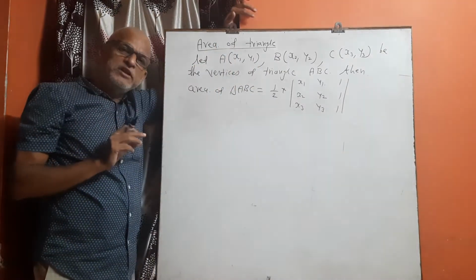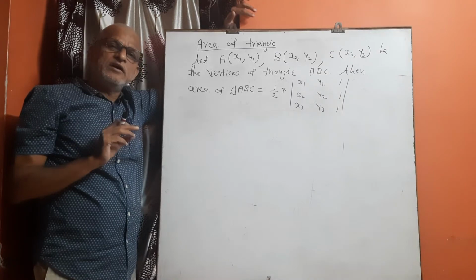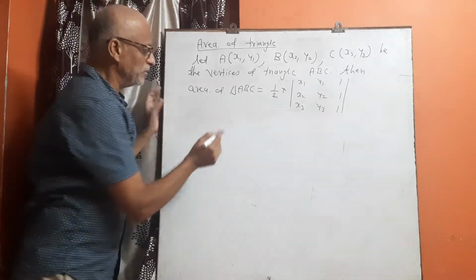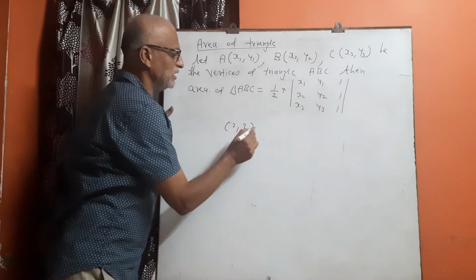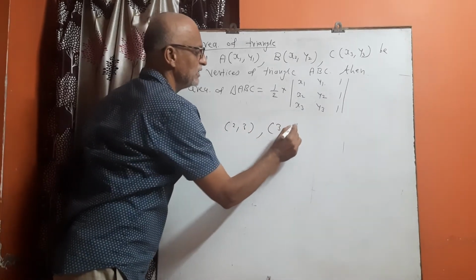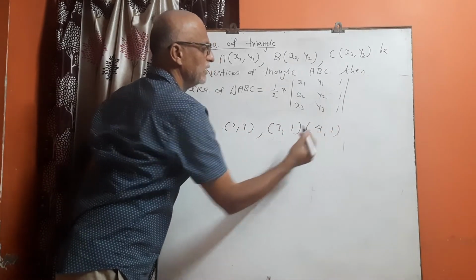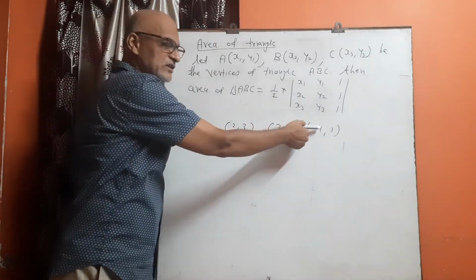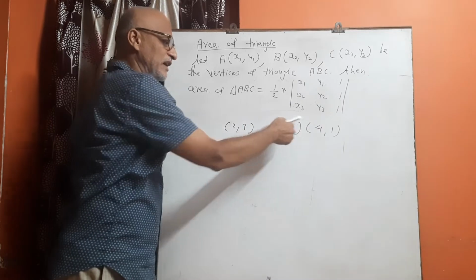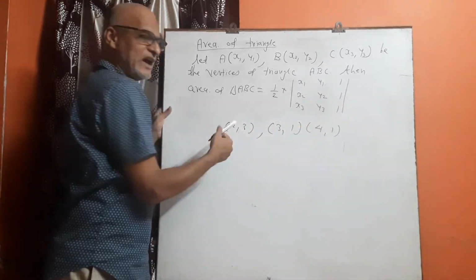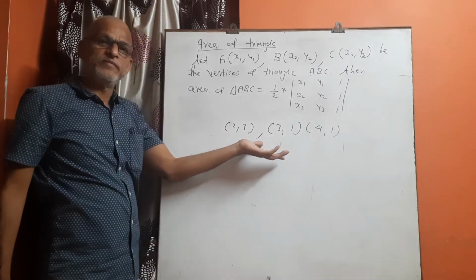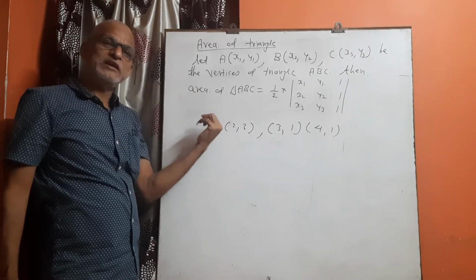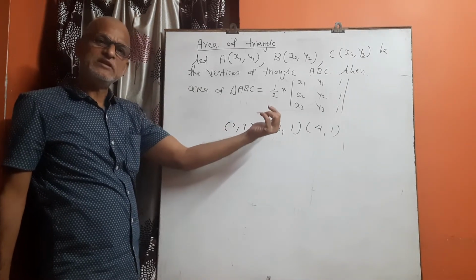If three points A, B, C are given, and only points are given, say 2 3, if the points are given as 2 3, the second point is 3 1 and let us say 4 1, then you may consider this is A, this is B or this is C, or this is A B C or A B C according to your choice. Generally A is the first point, B means the second point and C means the third point.